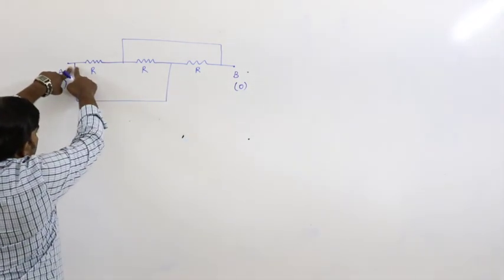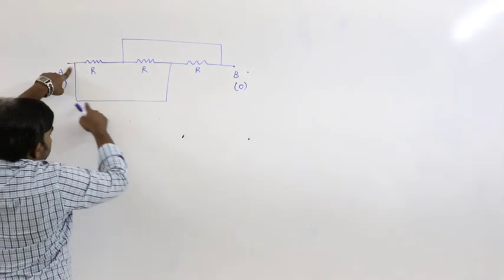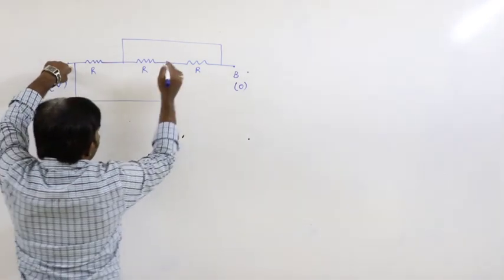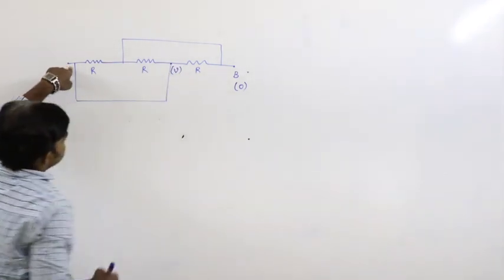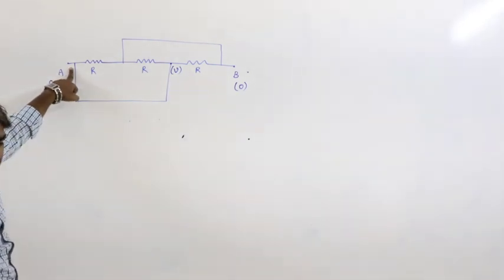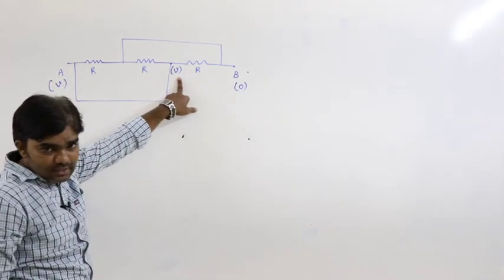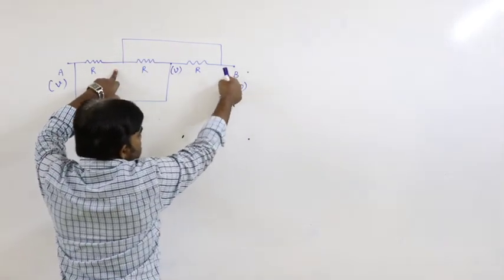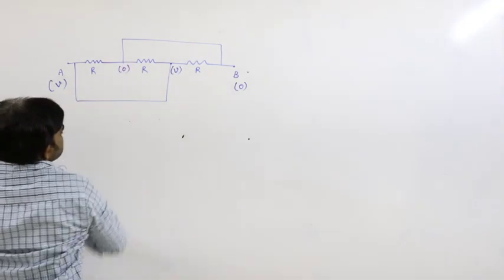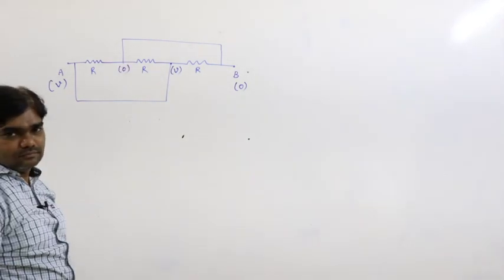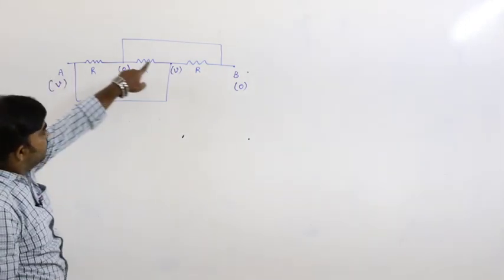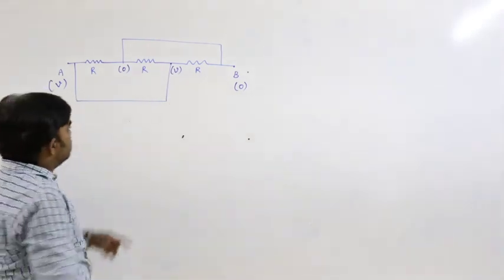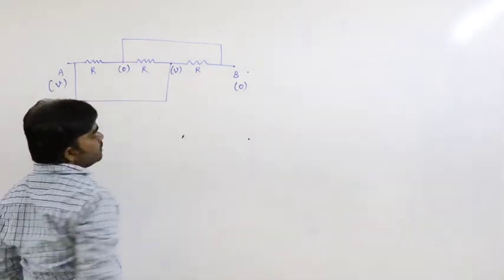So we are joining this point and this point here. This is the conducting wire. So that means at point A, and here also, the potential is V. Whatever is the potential here, the same amount of potential exists here. And one more line is drawn like this. Whatever is the potential here, the same potential exists here. This point and this point must be at the same potential, and this point must be at the same potential because we are joining these lines.